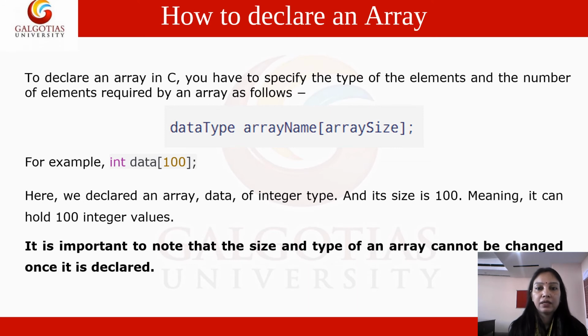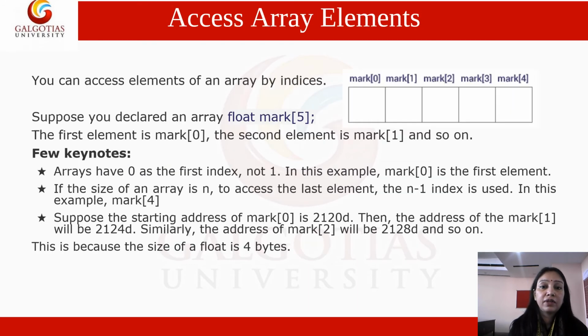only the difference is the square bracket. Now, a very interesting thing: when you are going to access the array elements, see here the array name is marks: marks[0], marks[1], marks[2], marks[3], marks[4]. What is this? It means this is an array of size 5. How do we know that the size of the array is 5? Because the index of the last element is 4. I told you earlier that the last element will be stored at n minus 1, so 5 minus 1 is 4. So the size of the array is 5.